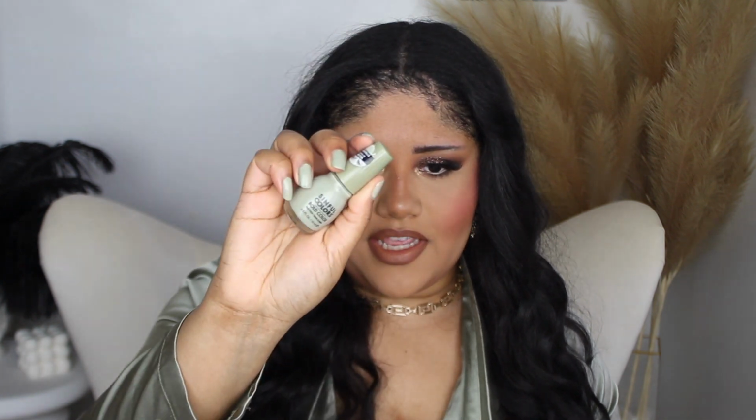Also, one thing I want to mention, which is matching this top that I have on. Actually, it's a duster jacket from Missguided. It's like a sage green. I found this Sinful Colors Bold Color Nail Polish. It's from the Essence Chills collection in the shade Scented. Oh no, it's in the shade So Matcha Better, which is scented like matcha, and this color is so pretty, matches perfect. I can still smell it now, and I applied this nail polish yesterday, and it is scented like a little bit like matcha, not too much, but it does have a sweet scent. The nail polish scent died down and it left that scent,